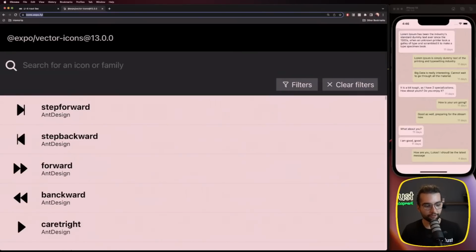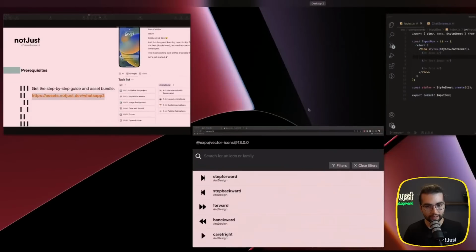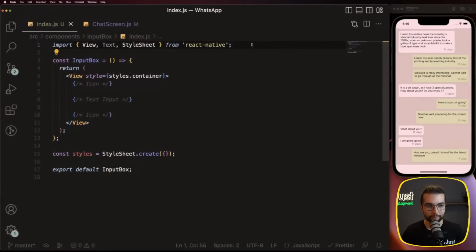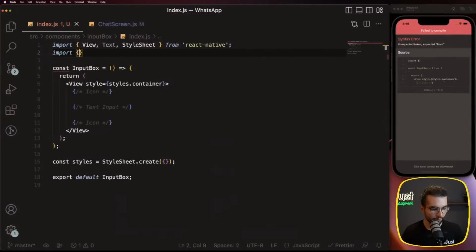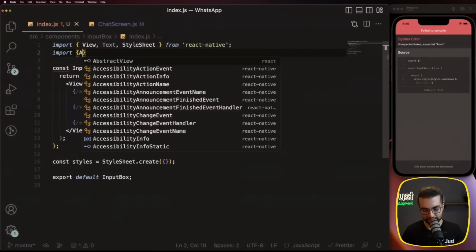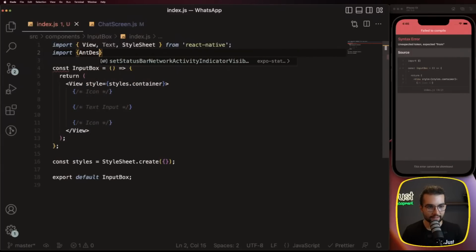I already have prepared them for you, and we will use some icons from, I think, the material icons and also Ant Design. Let's do Ant Design from